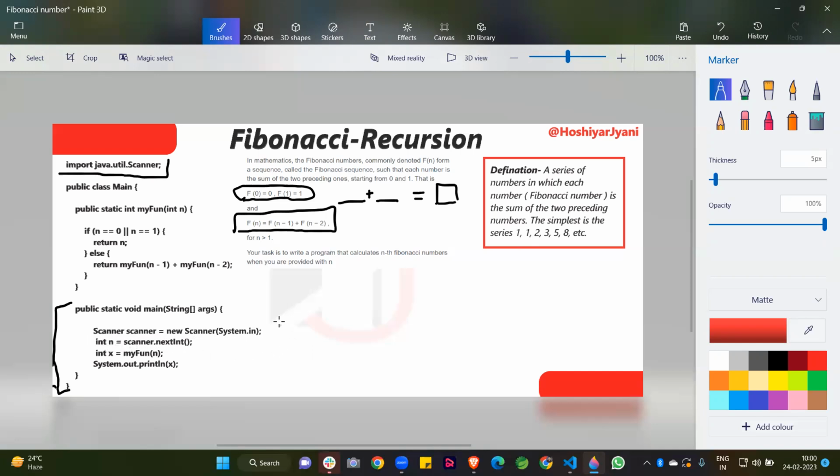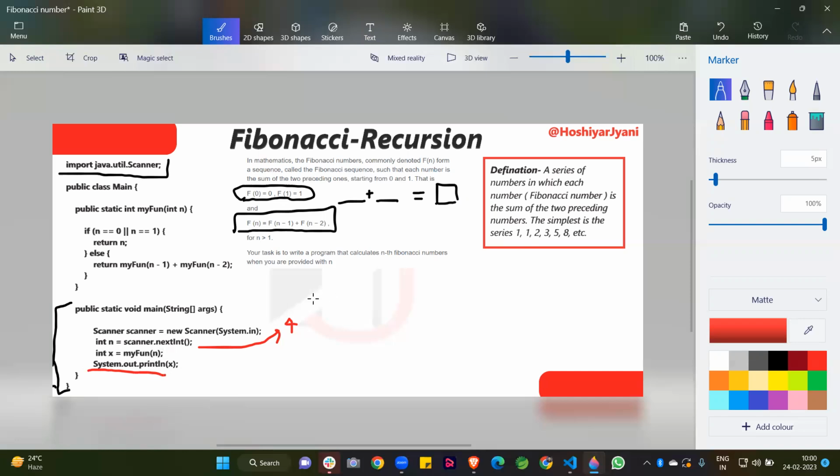If our input is 4, n is equal to 4, so we store the value in n using scanner.nextInt. So it contains the value 4. After that, I am calling the method myFun and passing 4. It returns a value that is stored in an int, and then I am printing the value.